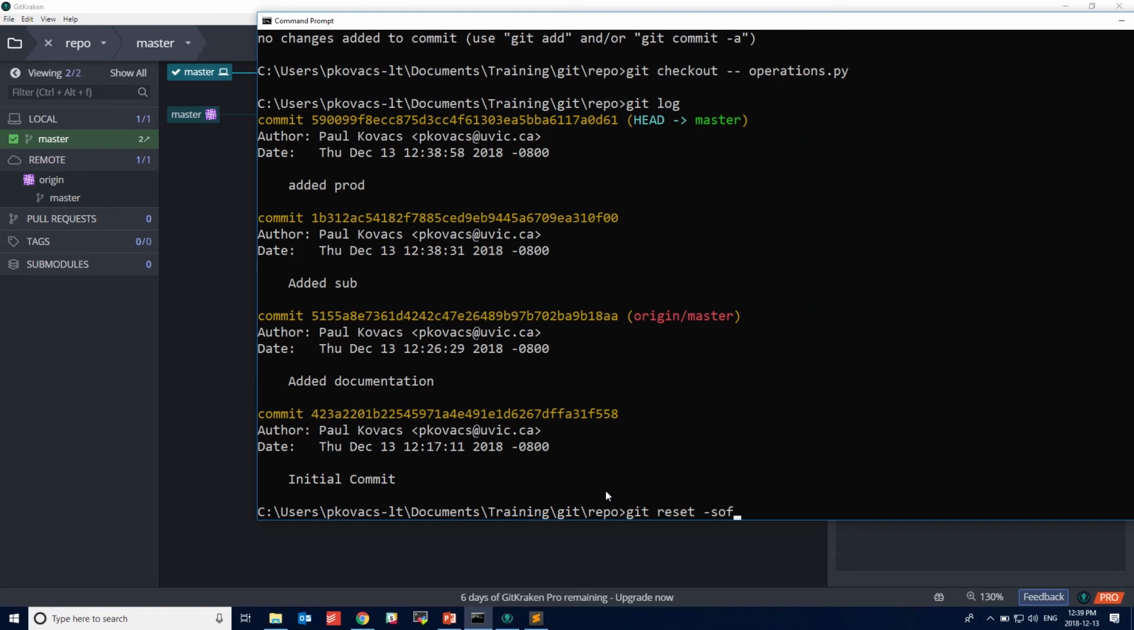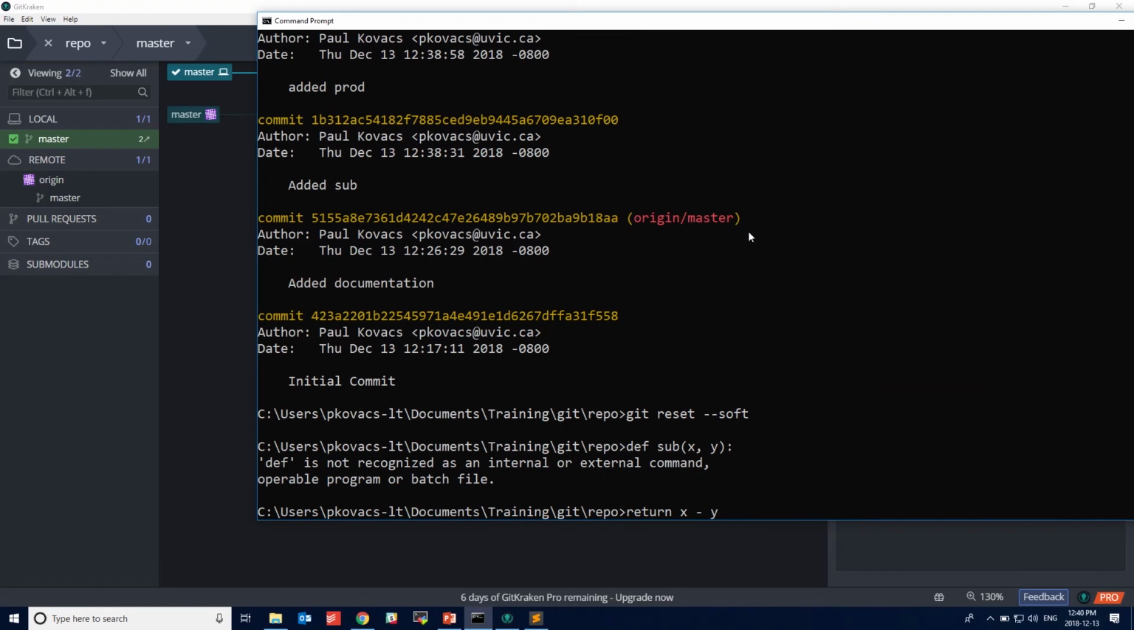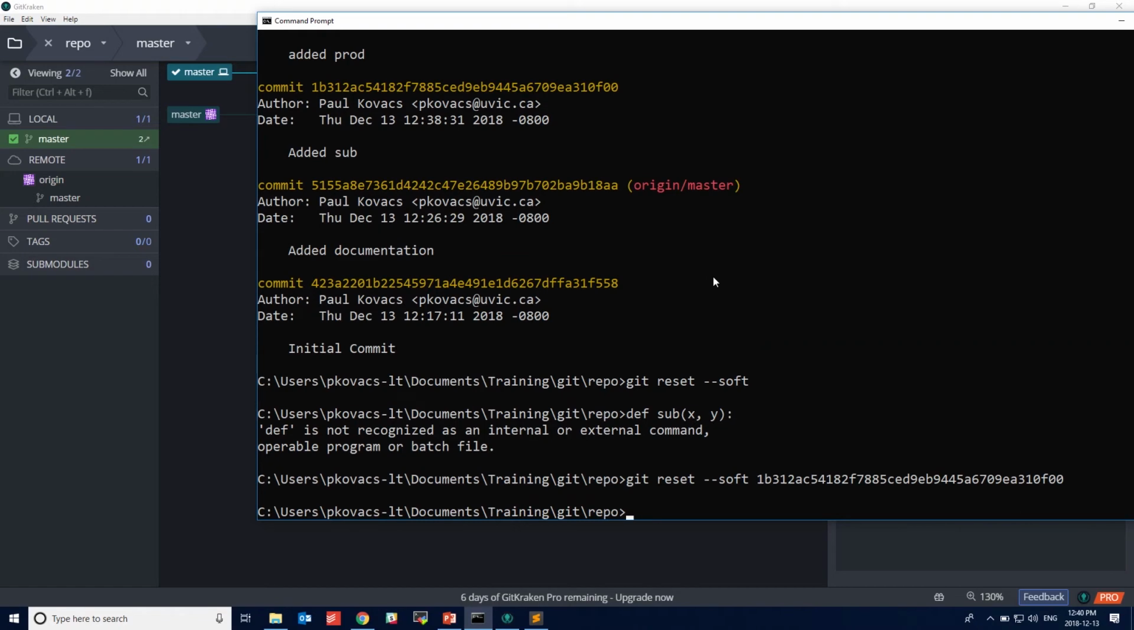And then we can give it our commit ID. This one. Okay, so now if we look at our git log,